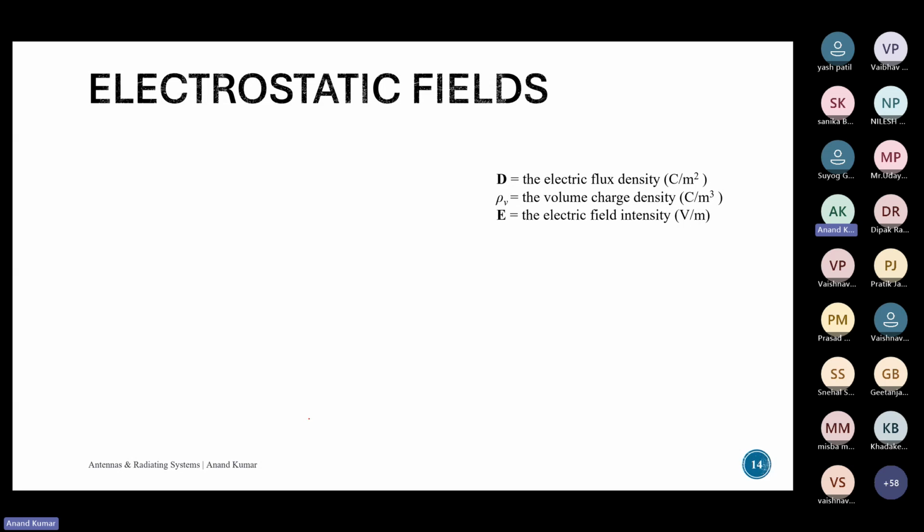Okay. So let's start with the electrostatic fields. We'll look at the electrostatic fields, magnetostatic fields, and then we'll pause and take questions if there are any. So this is the Gauss law. I'm hoping you have seen this before. So the Gauss law states,